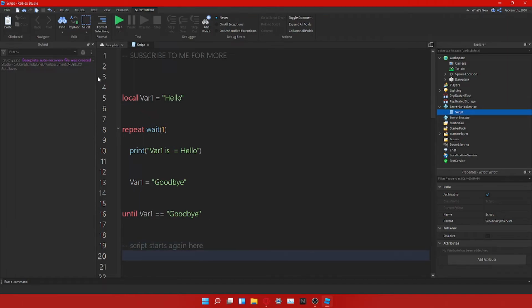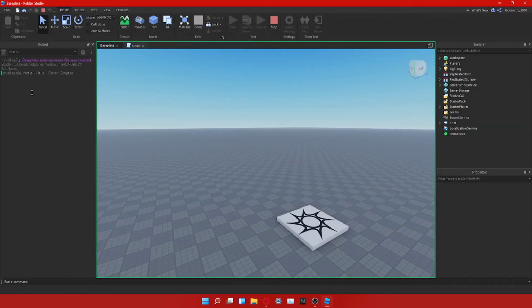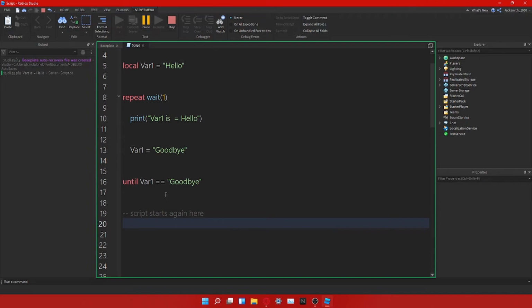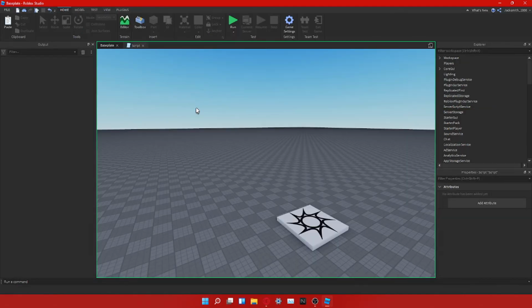So I'm just going to click run. Now eyes on my output. var1 is equal to hello. And what has happened is the script has seen that the variable is no longer equal to hello. It's been changed to goodbye. And that's why the script has started again down here. So how we can see this is we can just do print, saying that repeat loop is finished. And now if we just run this,